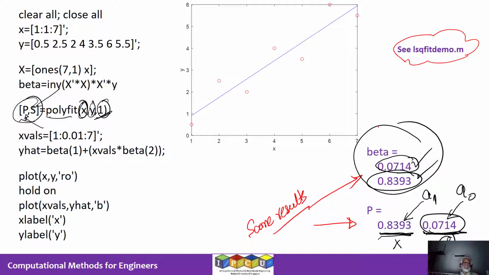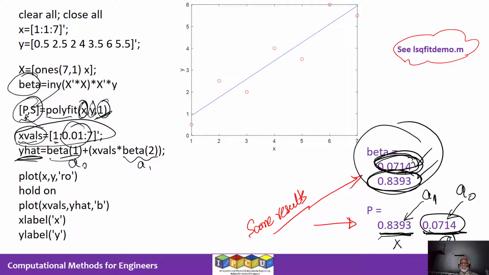Then what I want to do is, yes, we have got all these answers, I want to draw the best fit line. So what I've basically done is I've said, okay, X values, let us choose values going from 1 to 7 but in steps of 0.01, so I get a fine, nice, smooth line. I call that X vals. And for each of these values in X vals, I'm calculating a value of y hat. This is the model prediction based on our values of beta 1, which is a0, and beta 2, which is a1, as we have noted previously. So I multiply the x values with a1 and add a0 to it